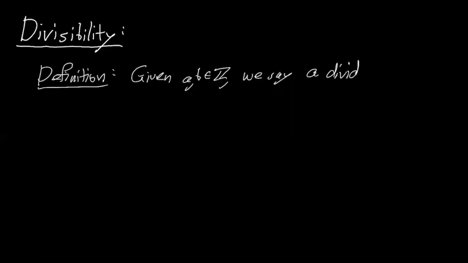So here's a definition. Given A and B in the integers, we say A divides B. This is the statement, and we write it like this: A and then a vertical bar B. If and only if, so this definition is if and only if